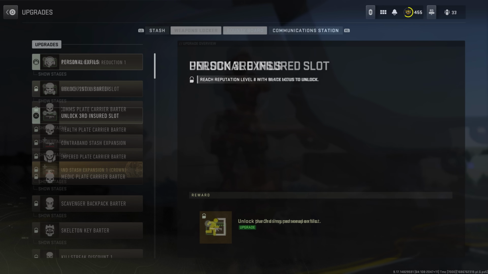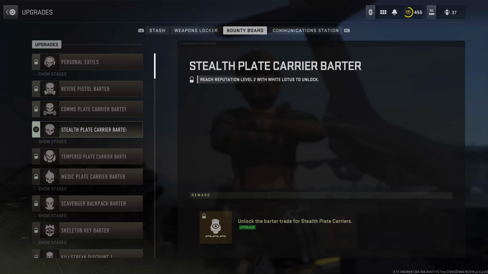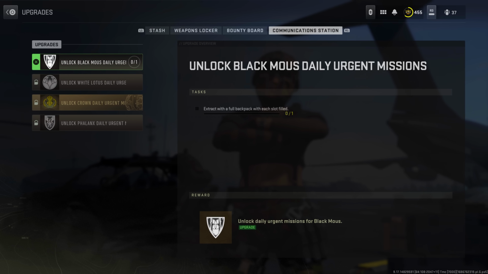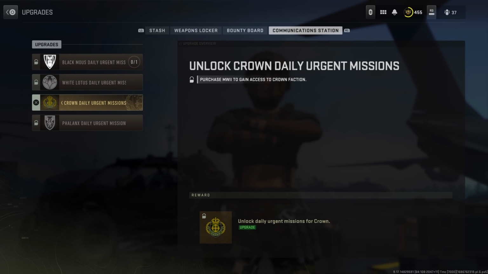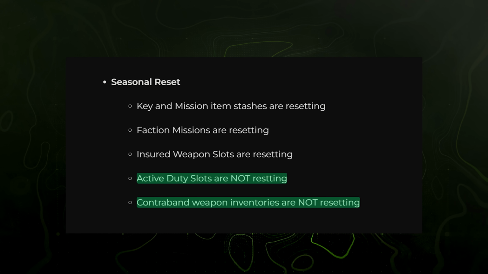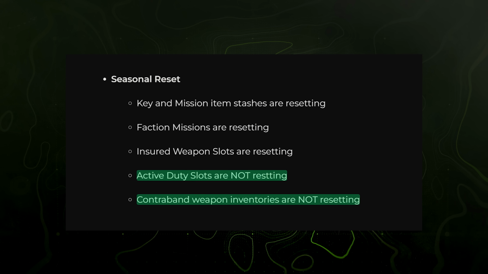The bounty board for personal exfils, barter recipes, and buy station discounts is there. The communication station for urgent mission access, that's all there as well. We have the new DMZ faction of the Phalanx. We end up having new mission objectives, and then the seasonal reset surprisingly isn't as in depth, I guess you could say,